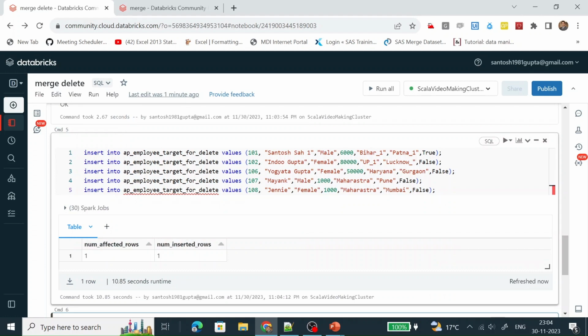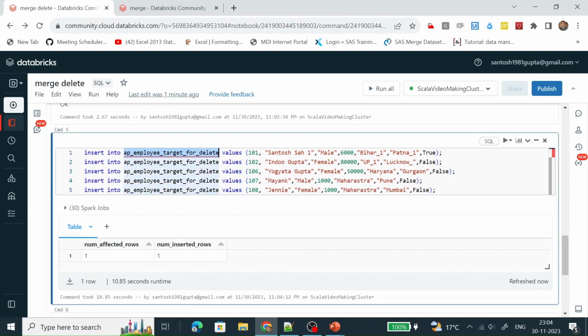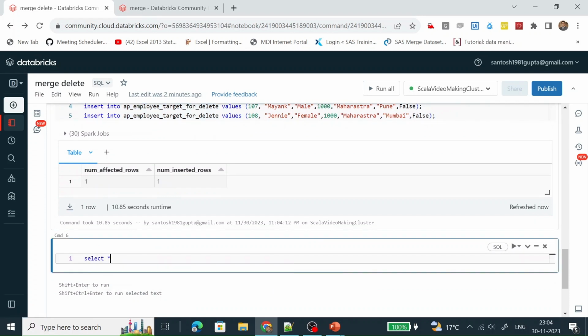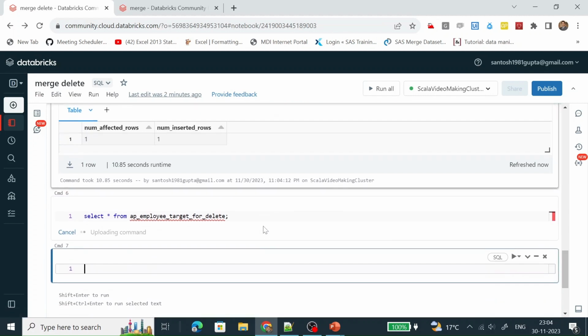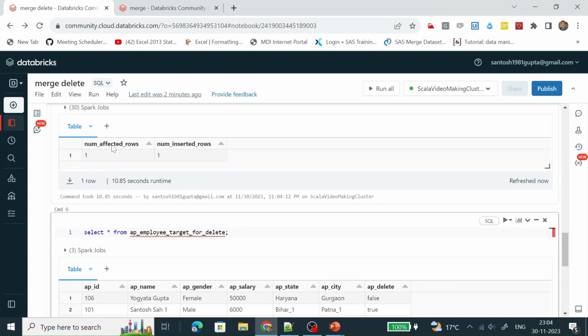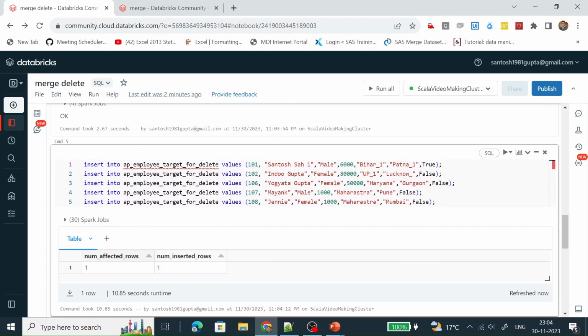So all the records are inserted. Let me do a select. So these are the same records which we have inserted here. Let's go to the PPT.